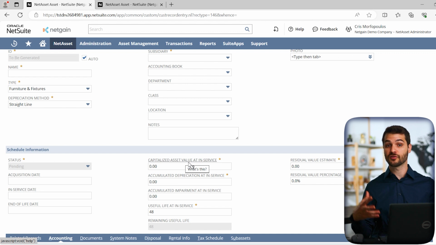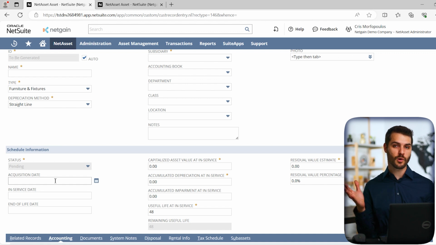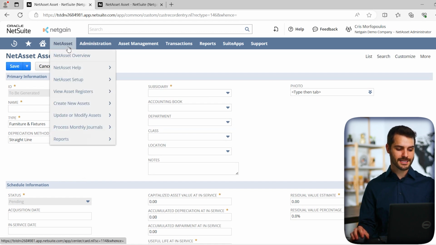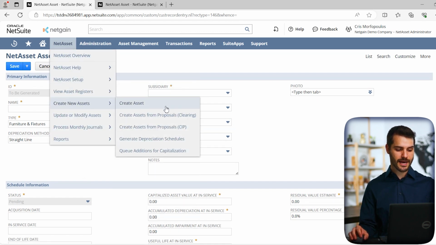You have more options for the residual asset value, all of these different things, the acquisition date, as well as the in-service date, whereas in FAM, you can only select one of those dates. So a lot of different features available there. But as I mentioned, you would most likely be creating these assets by coming here and then going down to